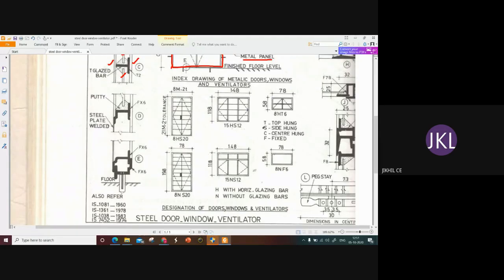And the various notations are given here. You can see T means top hung. Top hung means it is fixed at the top, and there are side hung ones which are fixed at the side, and center hung, as I told, will be fixed at the centermost portion so that it can be rotated about this center, and opened.